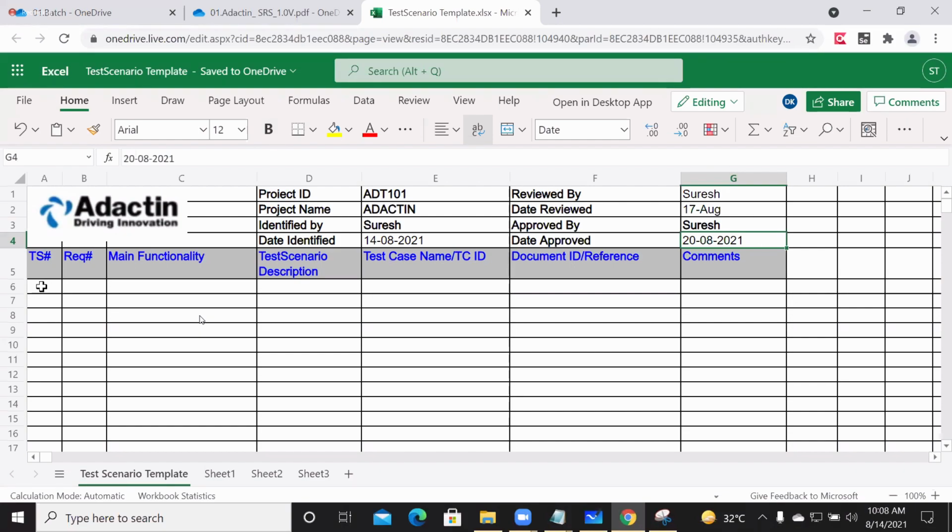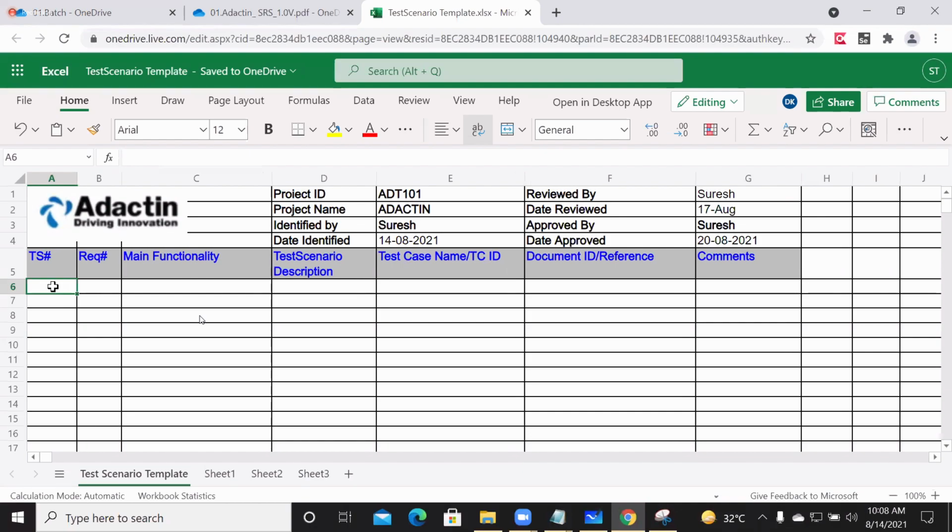Okay. Next, test scenario ID. Everyone needs to follow the same series, saying TS001. TS should be in capital letters. You can consider these guidelines, because whenever we are preparing scenarios, we have to follow some guidelines.